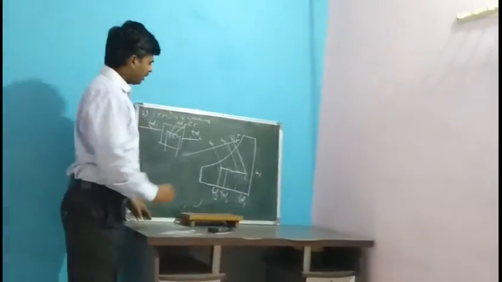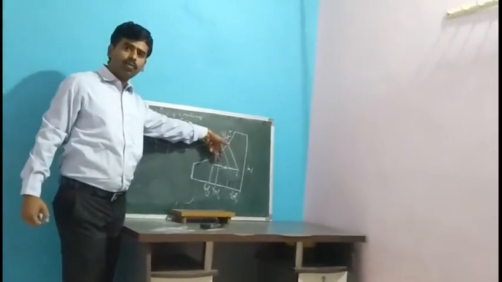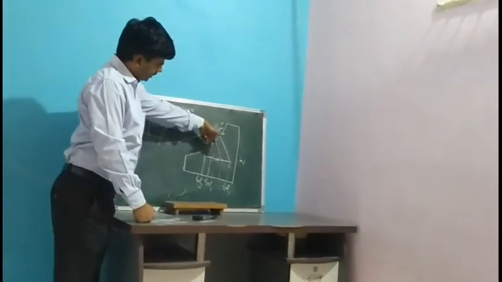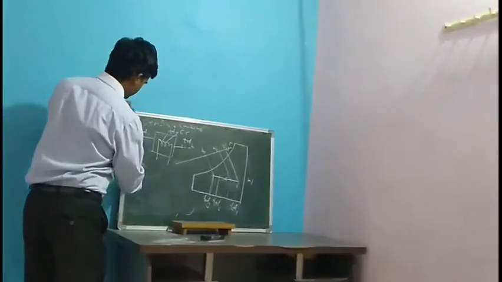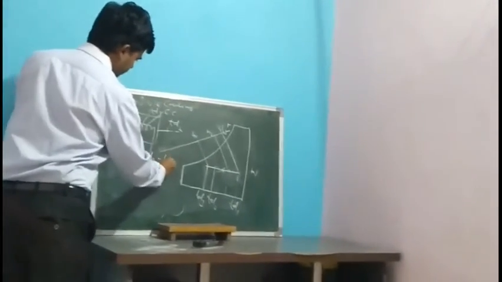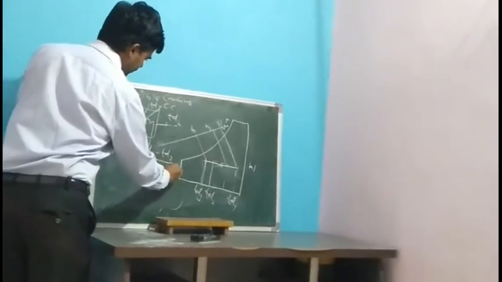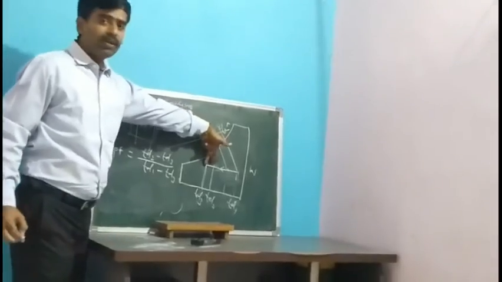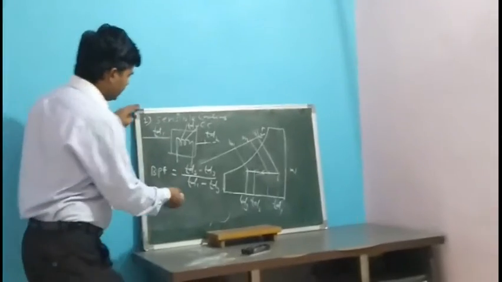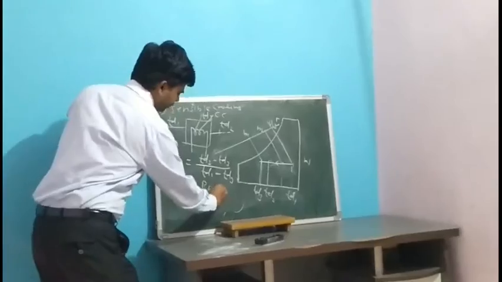Now here also we can write the bypass factor. The unachieved cooling effect in terms of temperature is TD2 minus TD3. So we can write the bypass factor in this case as TD2 minus TD3 divided by TD1 minus TD3. Very simple: unachieved cooling effect divided by TD1 minus TD3. Similarly, we can write the efficiency of the cooling coil, that is 1 minus bypass factor.